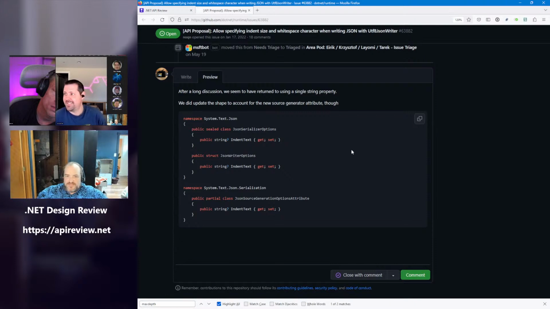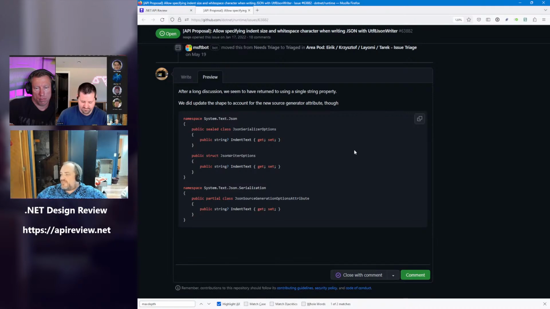Sorry, realizing everyone's with an empty stomach and waiting for me to finish, I'm just going to say, given that the two properties are independent, should the indent text be non-nullable and set to the default indentation of a string with 2 spaces? I like that. I wonder if one of the quirks is whether we want the default to leak like that.